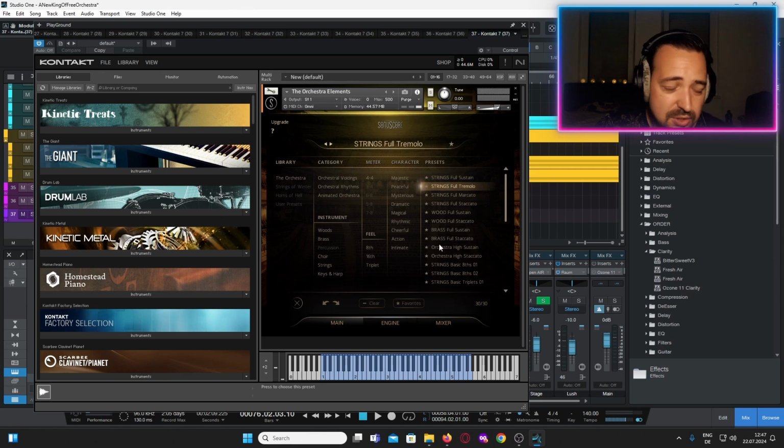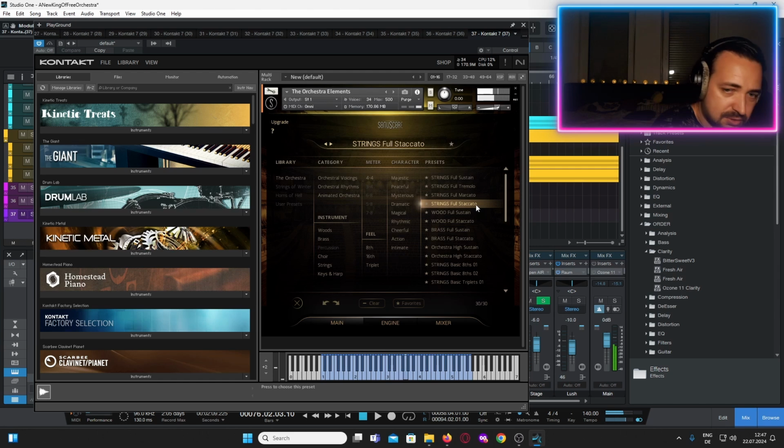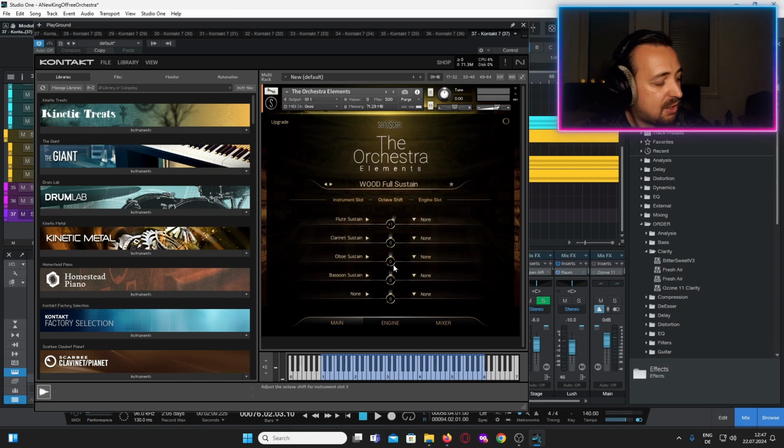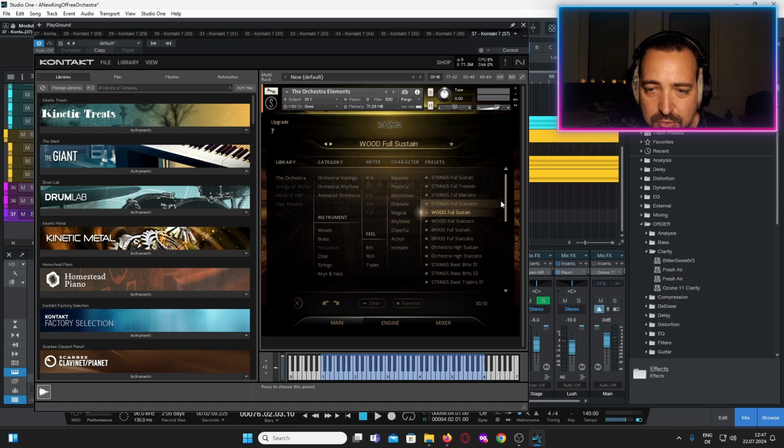Then you have tremolo, obviously. You have staccatos. Woodwinds, full sustain. Very nice. Staccato woodwinds, brass, full sustain, and brass staccato.